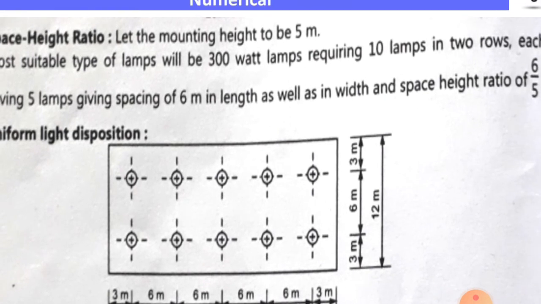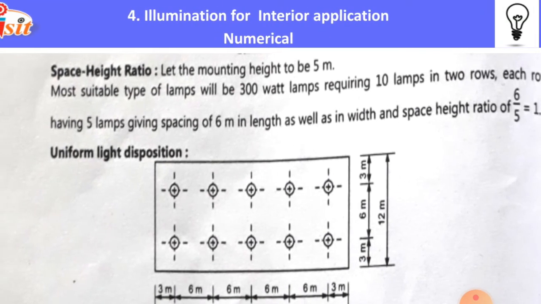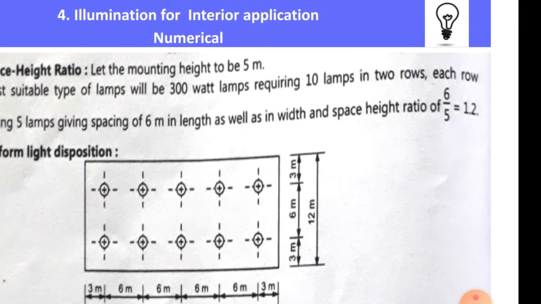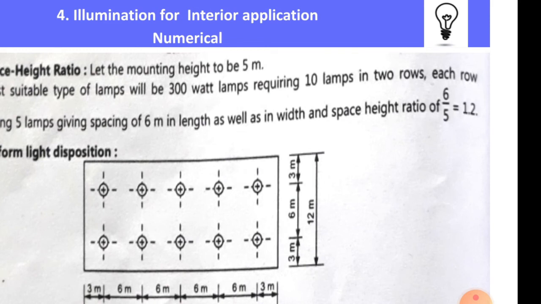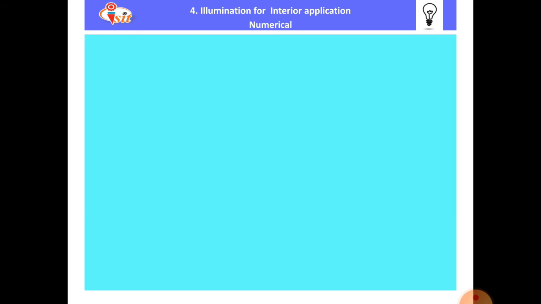So the number of lamps which are used to illuminate with the 300 watt is 10. For finding the space to height ratio, 6 meter is the space and 5 meter is the height. So here the space to height ratio comes to 1.2. Similarly we have to solve such kind of problems. The next problem is